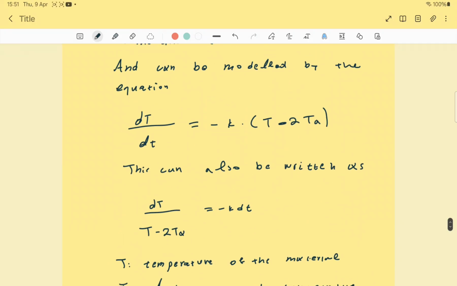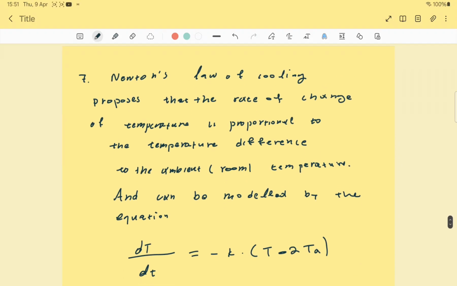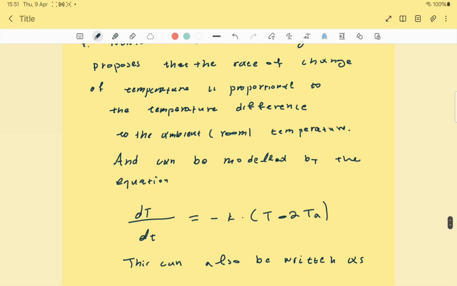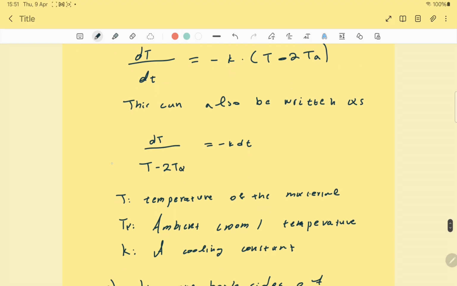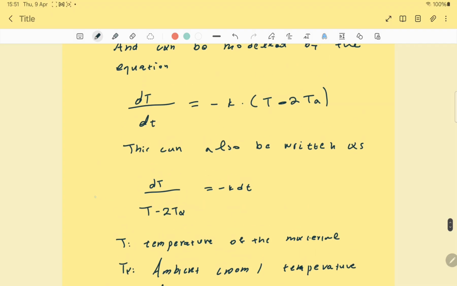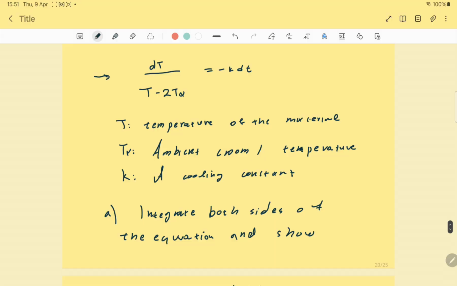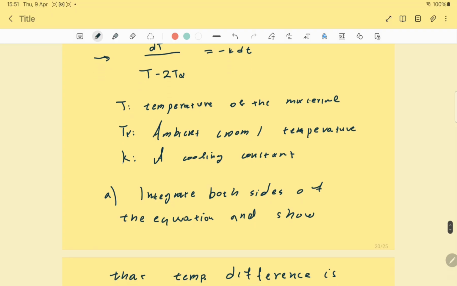Okay, we have problem number 7, an ordinary differential equation, more precisely Newton's law of cooling. So I'm not going into the fluff here. We have this differential equation. T is the temperature of the material, Ta is the ambient temperature or room temperature, and this K is a